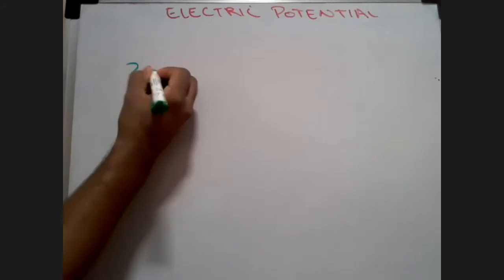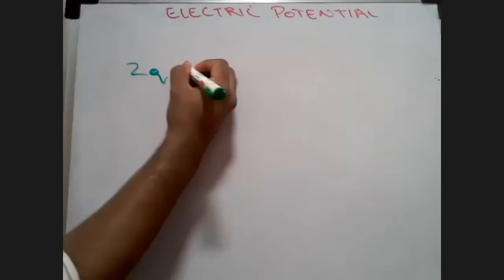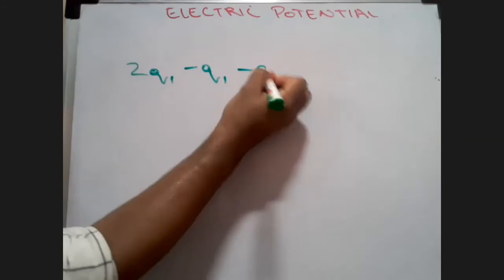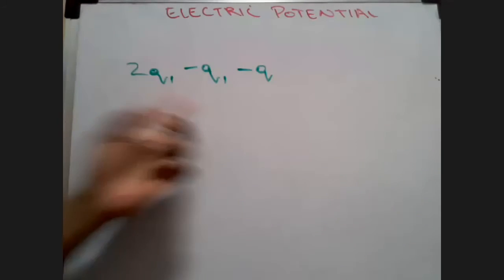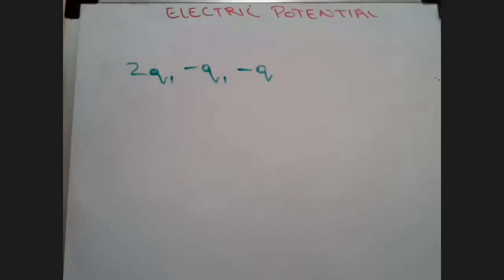Now this is a lovely sum. Look here, for all those who are asking me regarding unequal dipoles, let's put more than two charges together. Listen to the question. There are three charges. Question says three charges of 2q, minus q and minus q are placed on the corners A, B and C of an equilateral triangle of side A, as shown. The dipole moment of this combination is what?